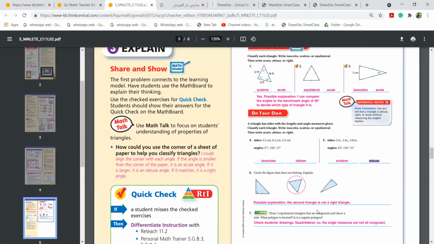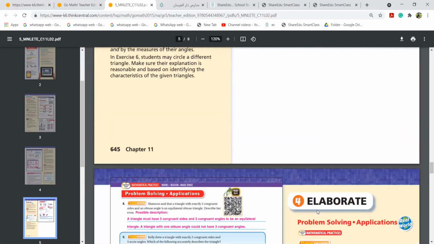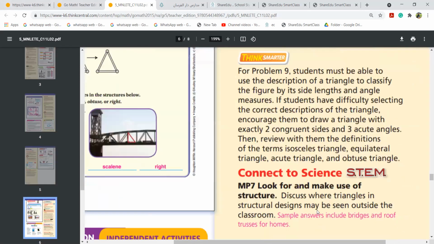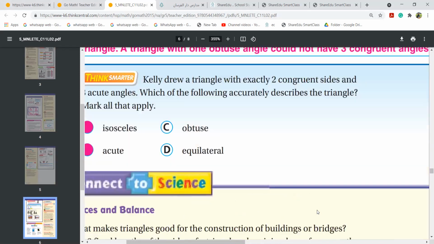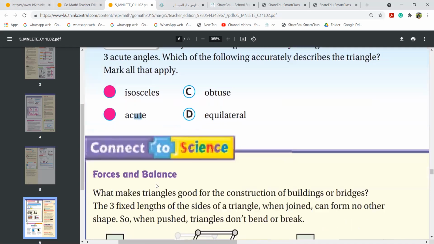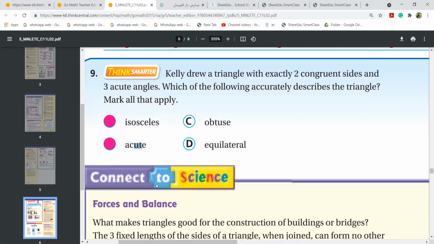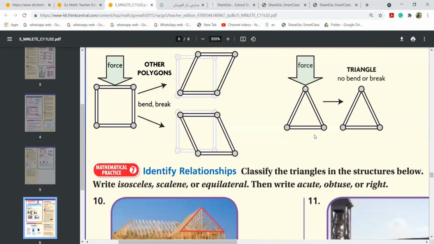Others, did you all finish writing? Yes. Come here to this question. Two same sides. If it is two same sides, congruent means same. So it is called isosceles and acute. I put acute, but I didn't know that I also needed to put isosceles. I saw, because it said that it is two same sides. Oh, okay.